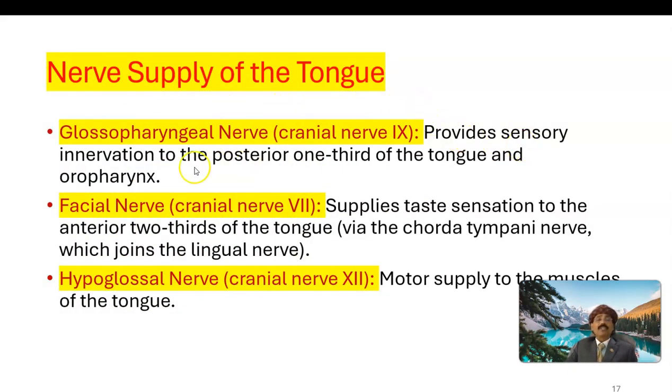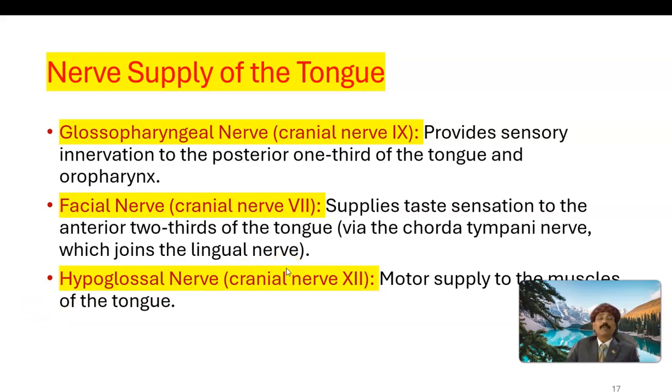The glossopharyngeal nerve provides sensory innervation to the posterior one-third of the tongue and oropharynx, including the palatine tonsil. The facial nerve, cranial nerve 7, supplies taste sensation from the anterior two-thirds of the tongue via the chorda tympani nerve, which joins the lingual nerve. The lingual nerve is just a conduit, or vehicle, for the chorda tympani branch of the facial nerve, which carries taste sensation from the anterior two-thirds of the tongue